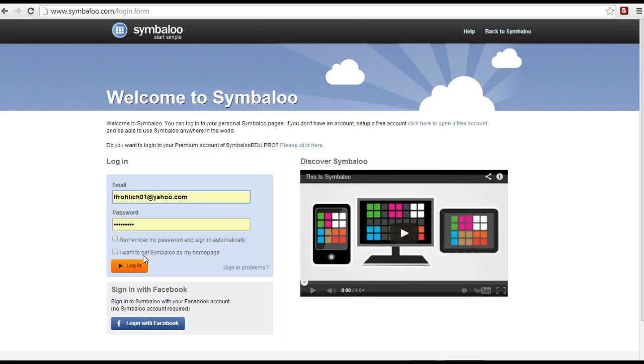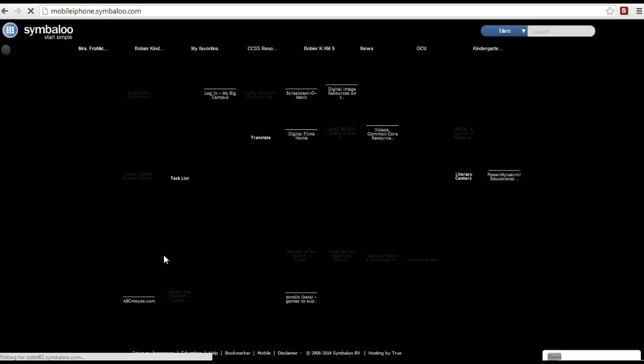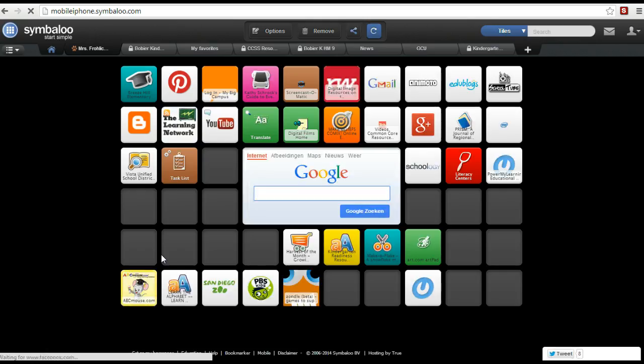And it's free. So you just go to www.symbaloo.com and you fill in the login form. And I'm going to just log into my name, and you'll see the login screen. So this is the front screen for Symbaloo, and I have my own favorite places that I like to go